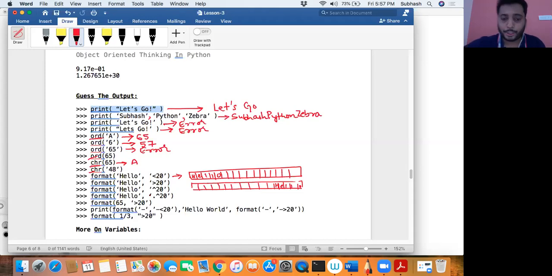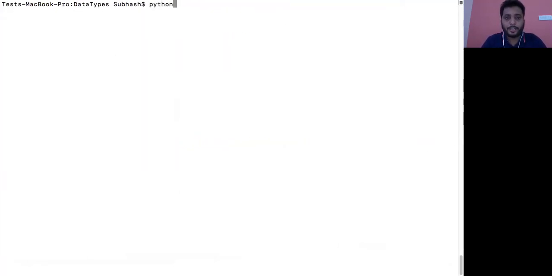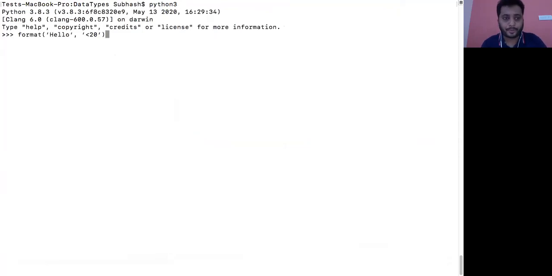Let me show this to you practically so that you understand. I'm taking this from here. Format, and I would run this in interpreter mode. Make use of 20 spaces, and just left align it completely.